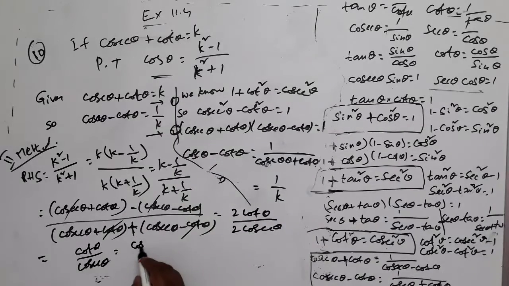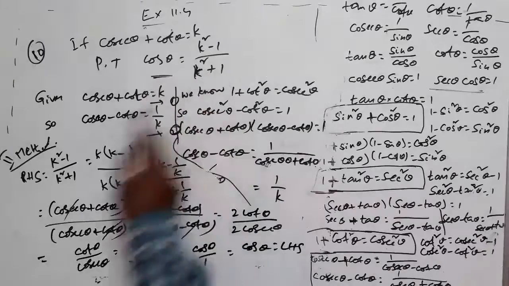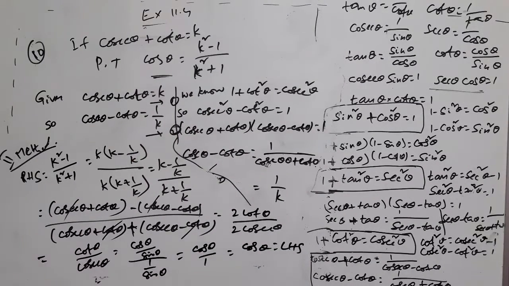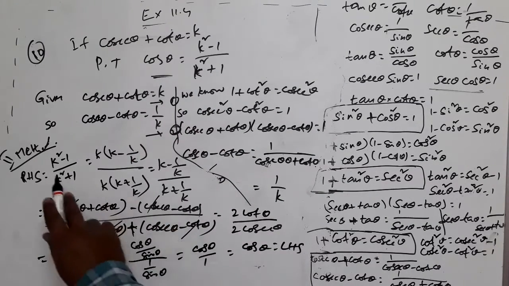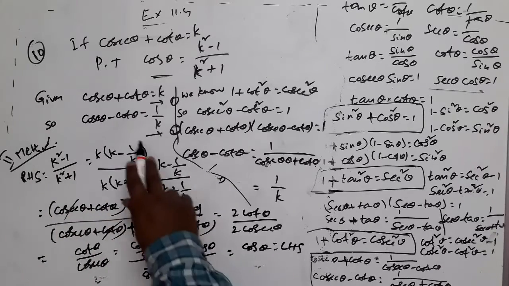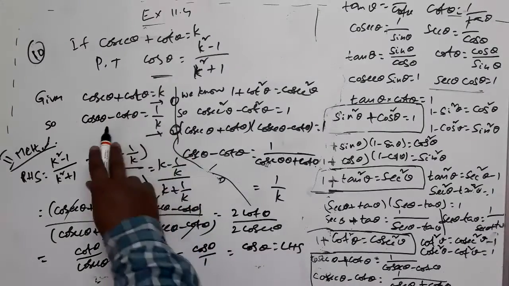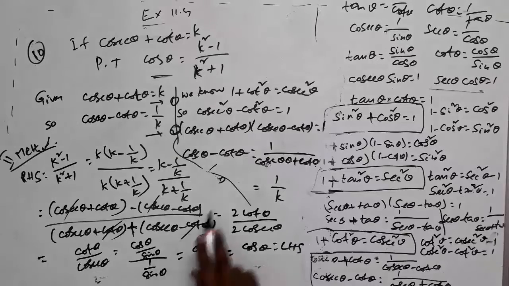Cot is in terms of sine and cos, that is cos by sine. Cosecant is 1 by sine. Sin theta, they get cancelled. So what will be remaining? Cos theta. That is our left hand side part, right? LHS. So you have started at RHS, you have brought LHS. For that, you have taken k common out of numerator and denominator, and you have got this. Of course, already we know that if k is this, 1 by k is this from this. So you have substituted and simplified. This is another method, right?